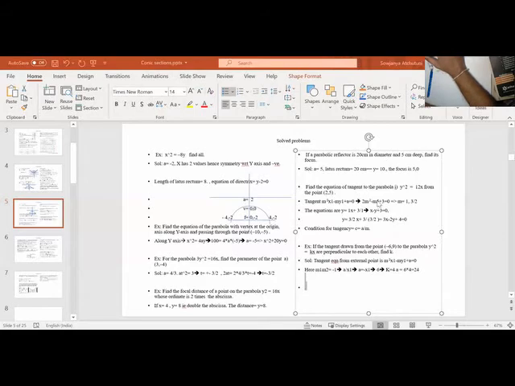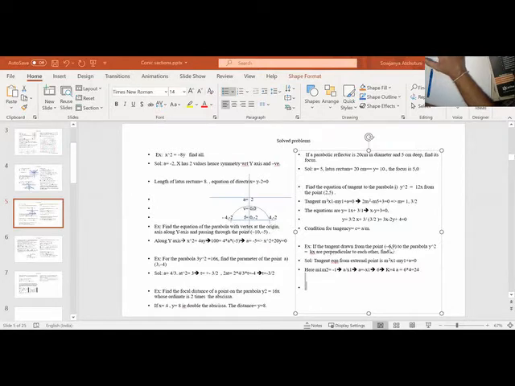So this is what is given here. m square x minus my plus a is equal to 0. You substitute the point 2, 5 into the equation. When I substitute 2, 5, I am getting m as two values, 1 and 3 by 2. These are the two values. Find the equation of tangent. So we have two tangents, two values m1, m2, and we have a point. So y minus y1 is equal to m into x minus x1. These are the two tangents we can write. So this is the condition for tangent.